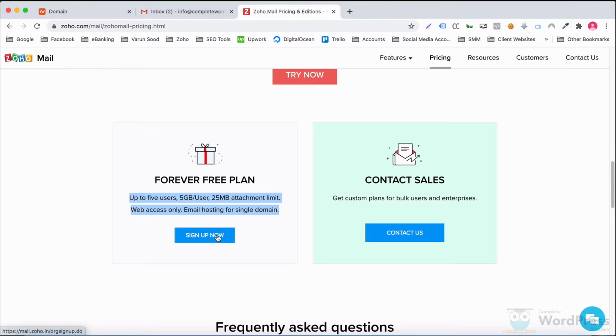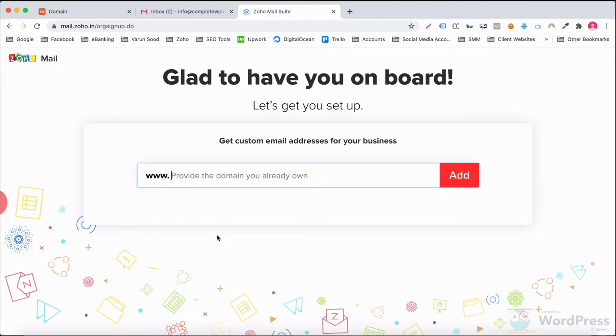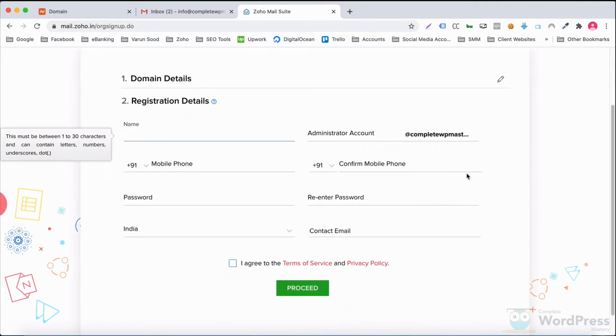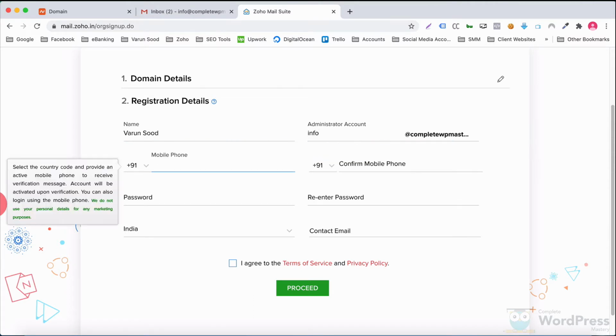Let's sign up for a free plan and set up our domain to use Zoho Mail instead of G Suite that we used in the last video. The first step is to enter the domain followed by our personal details. You'll notice the steps are more or less similar to what we did in G Suite.